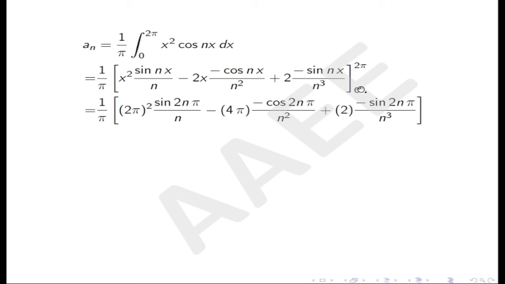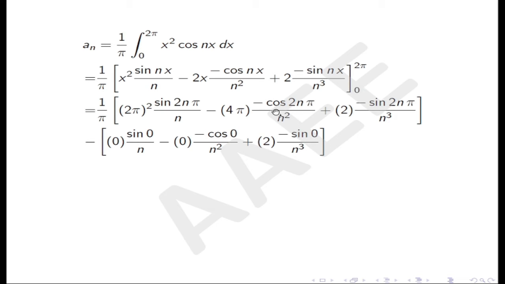Similarly, let us put the lower limit 0. So that one will be 0, x square, 0 square is 0, sine of 0 by n, minus this term will be a 0 again, minus cos of 0 upon n square plus 2, minus sine of 0 upon n cube. And you know very well sine of 2n pi is 0,